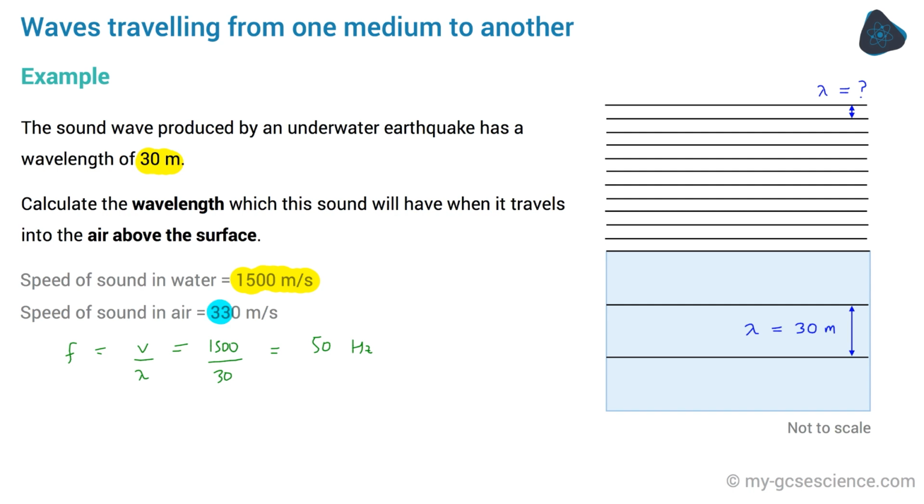So now that we know the speed of the sound wave in air and the frequency, to work out the wavelength, we just use lambda equals v divided by f, then subbing in that becomes 330 divided by 50, which gives 6.6 meters. That brings us to the end of this important video on the properties of waves,